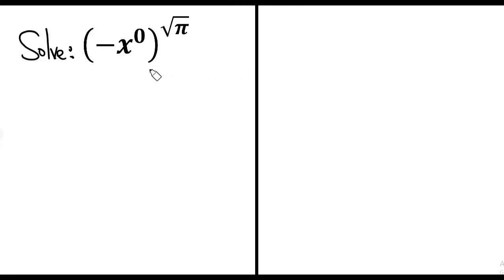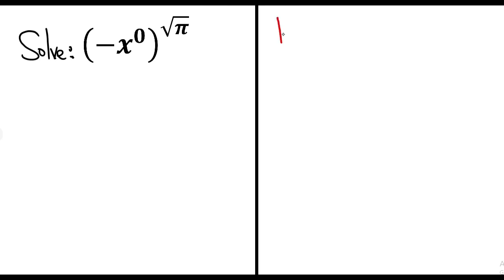Good day, everyone. Today we are solving this question: (-x^0)^(√π). In this type of question, we're going to look into what we can simplify first, then go into that straight. The first thing I can see here is that x is to the power of 0,